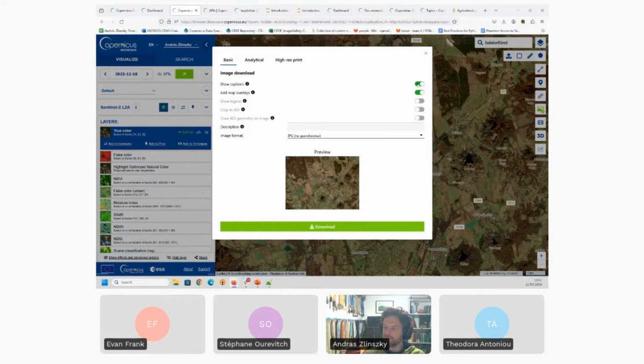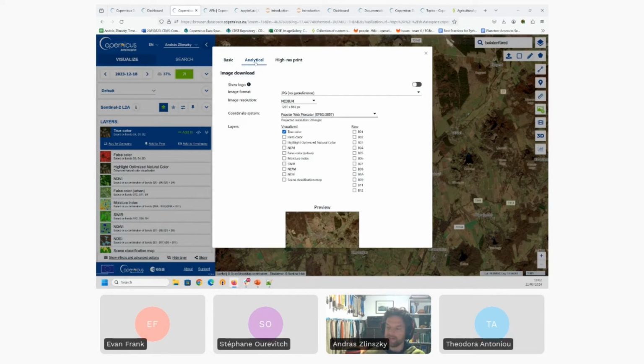You can crop it to your area of interest if you want. The basic download gives you a very small image of a couple of hundred by a couple of hundred pixels. This is what we tend to use in social media or just to share with people. An analytical download, here you can select the pixel resolution, including custom resolution. You can select the coordinate system, and you can either choose a spectral index or the actual raw bands of